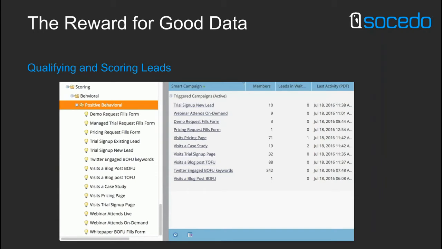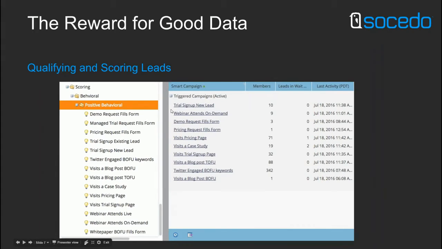The thing is, if we put in this effort, if we create a marketing database that is actually manageable, that we can actually use, that has both the quantity of the data we need, but also in a qualitative way that we can make informed decisions off of, we get to do some really cool things with it. So one is we get to actually be more accurate with who our leads are. We can qualify them better, and we can enable lead scoring to move them down the pipeline and understand who our best leads are, who our worst leads are, and where they're moving through our pipeline.